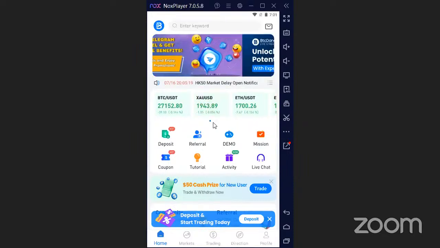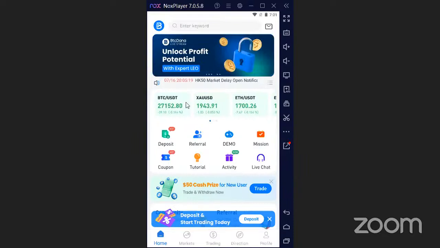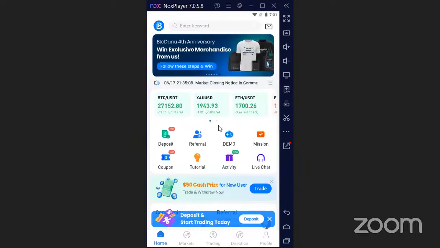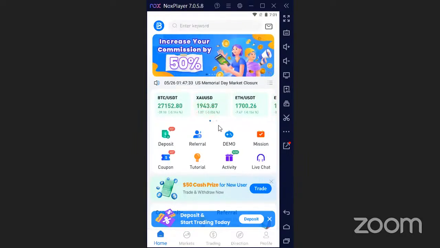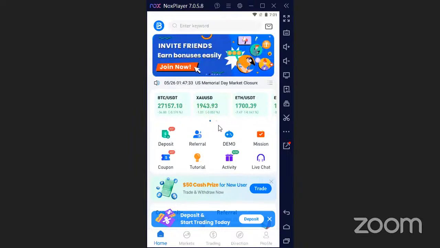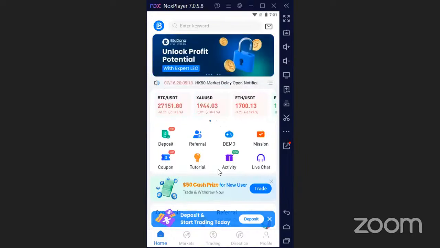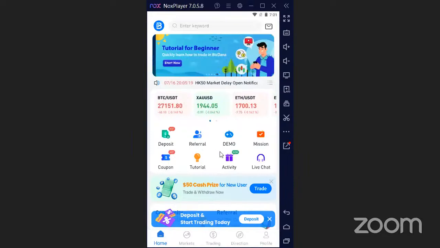Okay, so if you want to trade forex, the first thing you need to do is get familiar with the platform you are going to be using, okay? So this is the BTC Dana trading application, and you need to get familiar with the application before you can start